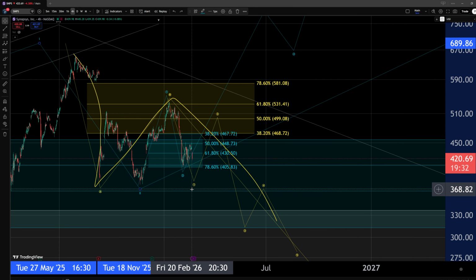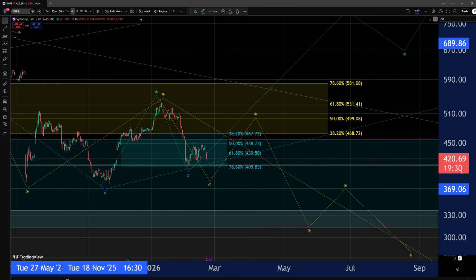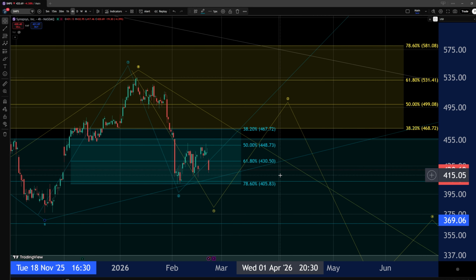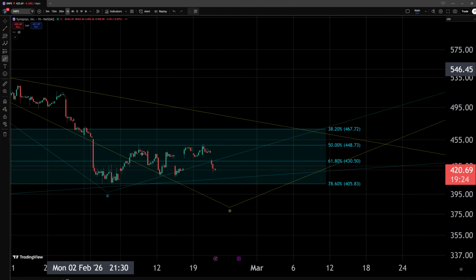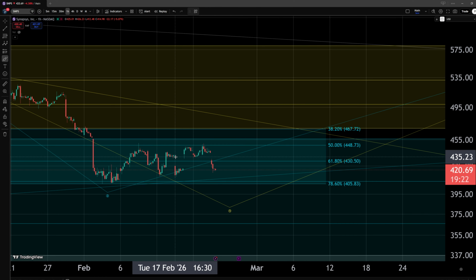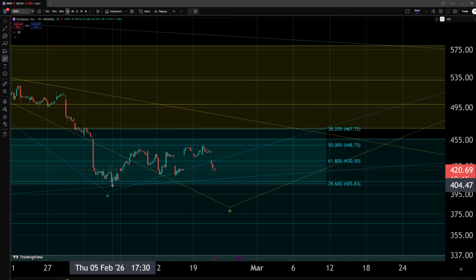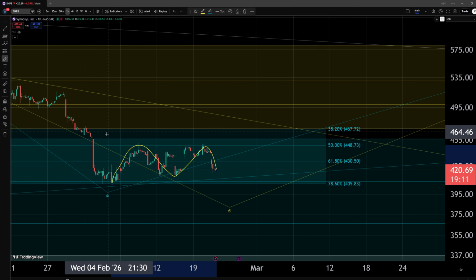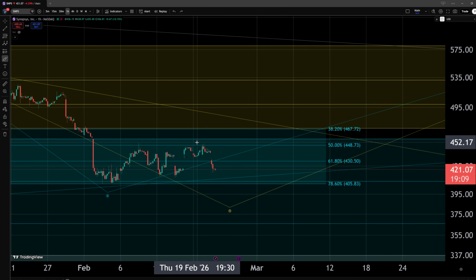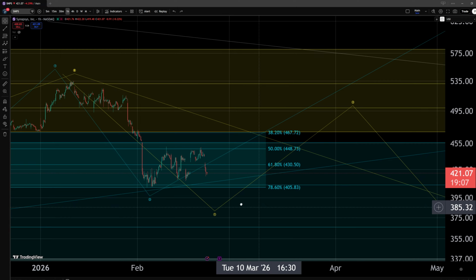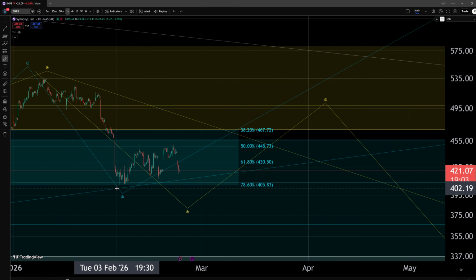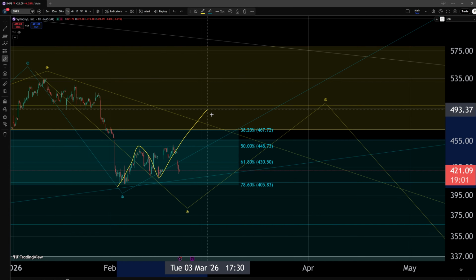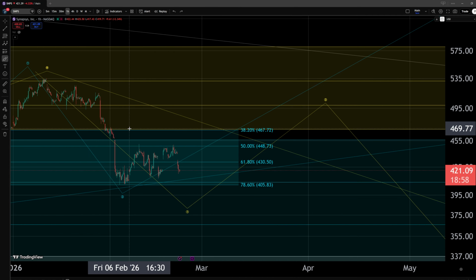Now, I'm not saying it's not possible to hold this area of support. We are still doing just fine at the moment, but if we analyze the internal structure in this area, it seems highly likely to me that we will fail holding it, because even if I wanted to track this as a double 1-2-1-2 setup, we would have already broken the internal levels of support. We could theoretically be looking for a larger leading diagonal to be forming within this area, but even this,